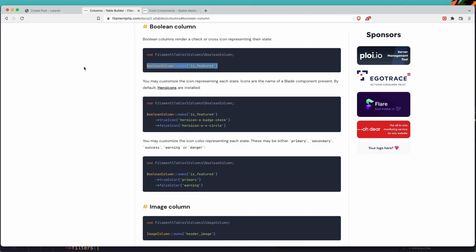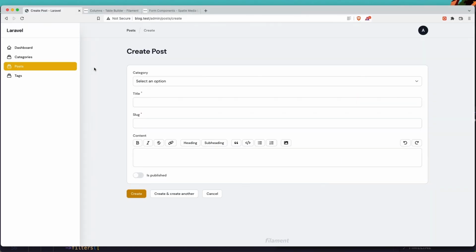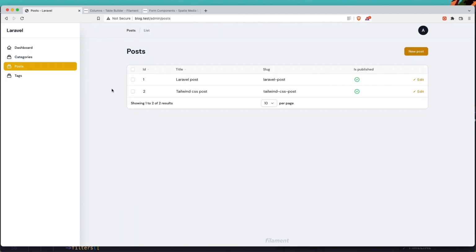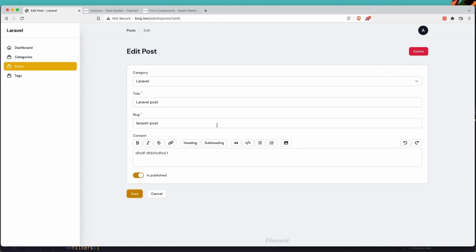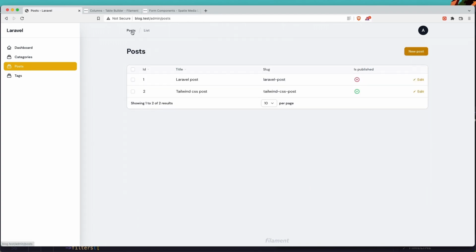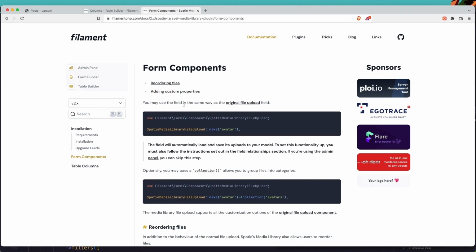Save it. Let's go and see now what we have in the post. Yeah, here we have the ID, the title, the slug, and is published is green. Now if I click here and make this unpublished, save, go back, we can see it is red. Very good. Now if you want to display also the image, let's go here to the Spatie Media Library and